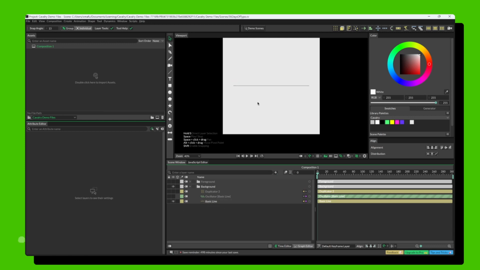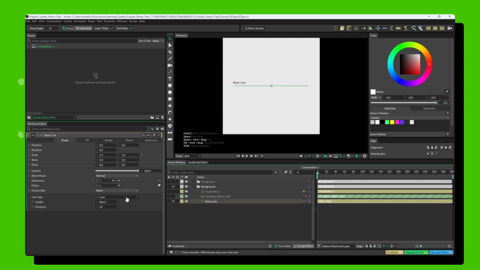You can see I started off with just an empty line, and then the next thing I did was deform the line. If I double click on this line, my attribute editor opens up, just like the inspector in DaVinci Resolve. So I can manipulate all the attributes that belong to this line. Here on the basic line you'll see the position property, rotation, scale, all the transform properties, opacity, blend mode, but there's this interesting option here for deform. You can add a deformer to it, which is what we saw earlier,